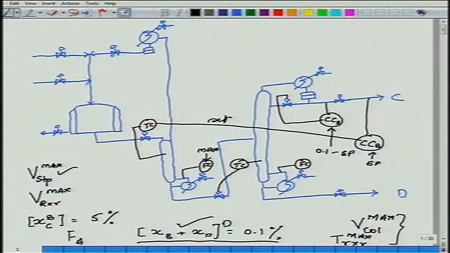Alternatively, critics may say that this is a leak stream, the bottoms is a leak stream, you should not be controlling the level using the bottoms. So what I will do is I will control the temperature using the bottoms and the level using this chap. I mean, both are acceptable to me.